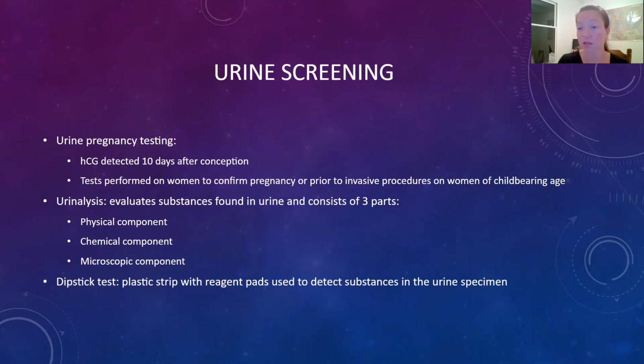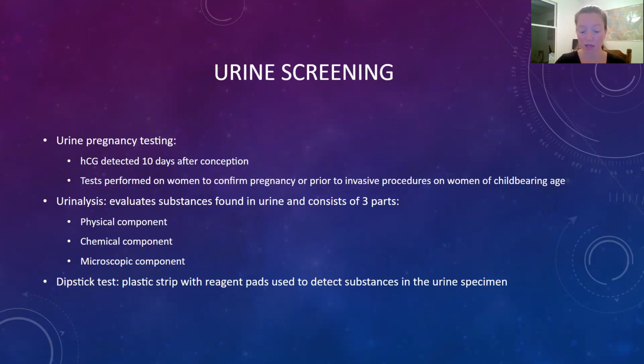We're looking at the color and clarity. That's one assessment tool we're looking at. We're looking at the chemical makeup, which is what we have the dipsticks for. Let me see if there's a picture of that. These dipsticks, when we dip them into urine and compare them to the control, we're going to be able to